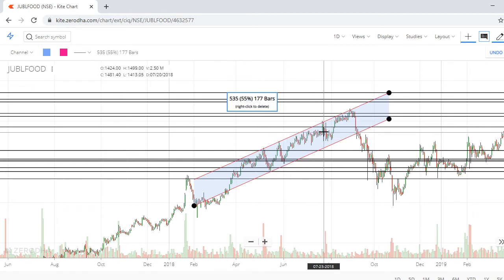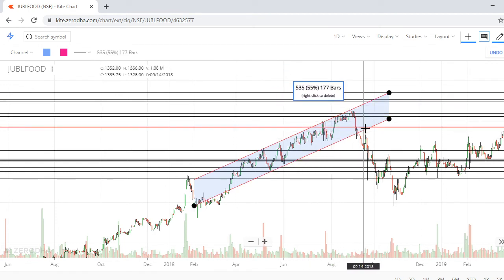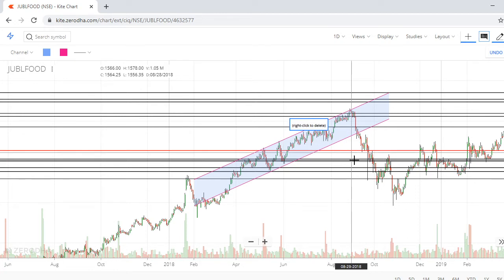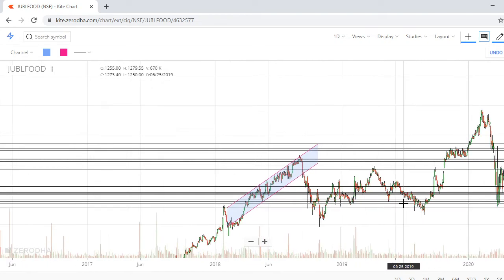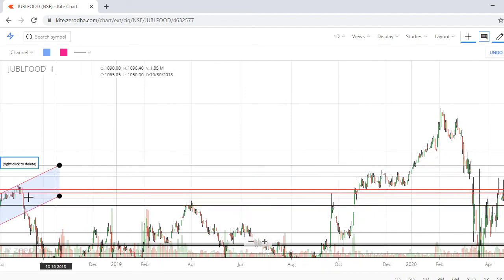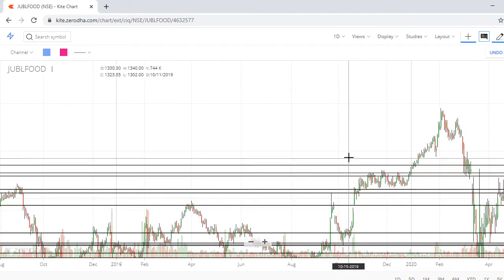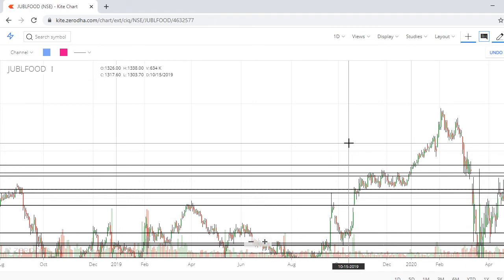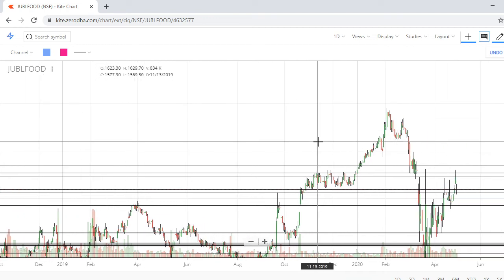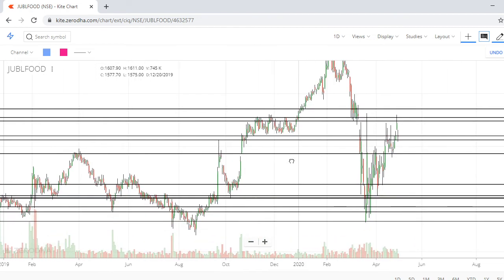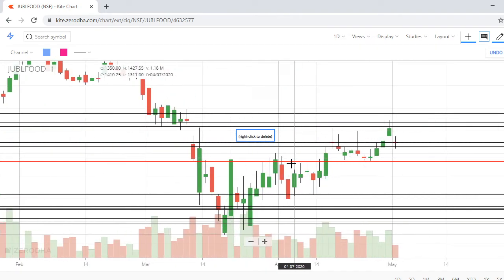Now it did not give a chance to enter, it started falling down. As it is an FNO stock, you can short it or you can wait for a buying opportunity. Okay, don't be in a hurry, wait for opportunities. Market is there before you and before us, market will be there after us also, so you don't need to be worried, just wait for the opportunity.